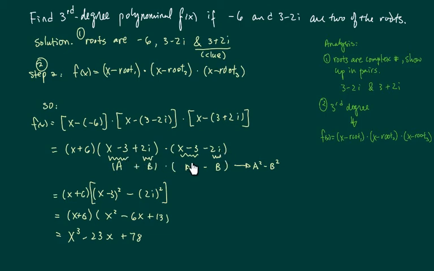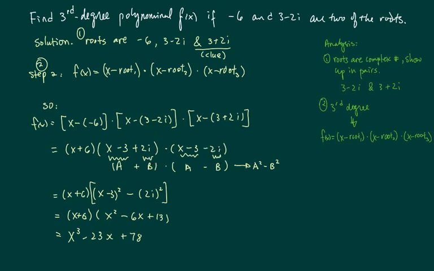Now, there's a little trick over here. If you don't see it, it's no big deal. But if you do see it on the exam, it does save you quite a bit of time. The trick is this: recognizing x minus 3 and x minus 3 is the same, and here I have a plus 2i and minus 2i.